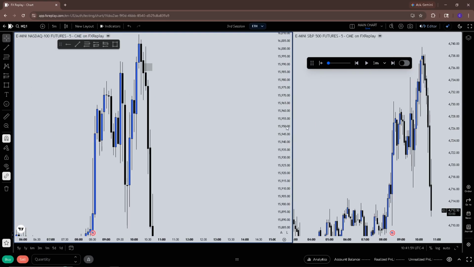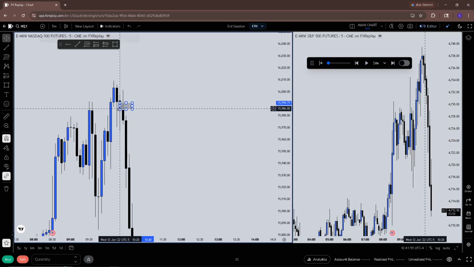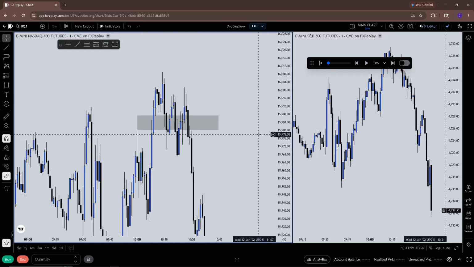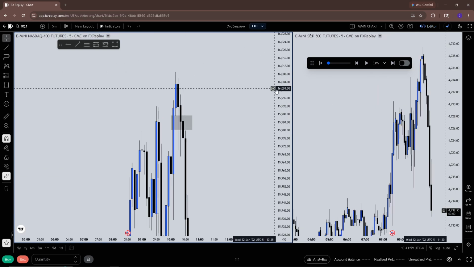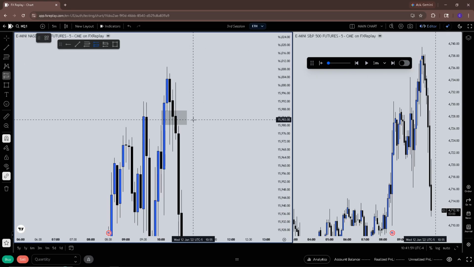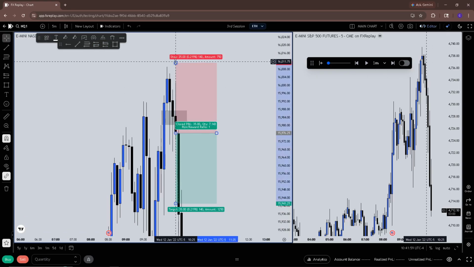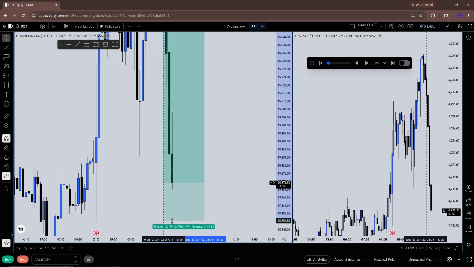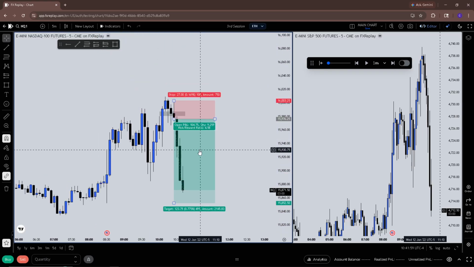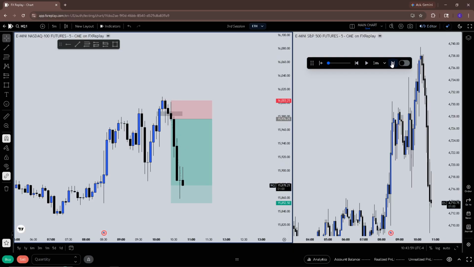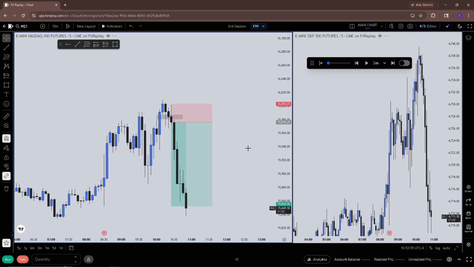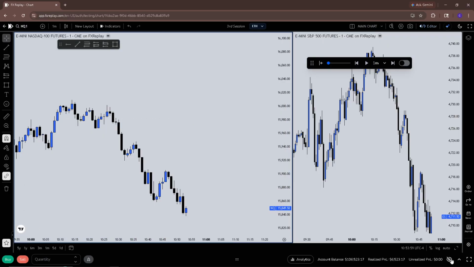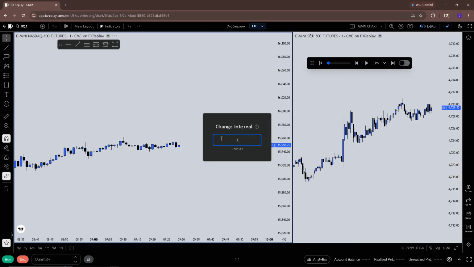Oh, this 5 minute would have been insane. I'm an idiot. I'm such an idiot. This 5 minute would have been gnarly. Probably would have gotten stopped out. Could have gotten stop hunted. I guess I could have gone like something like this, taking us all the way down for like this data low. That would have been a banger. Oh my goodness, I can't believe I missed that. I'm an idiot. I need to pay more attention to my higher time frame.